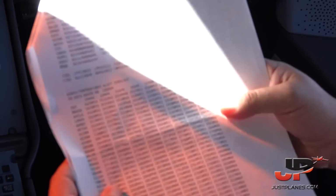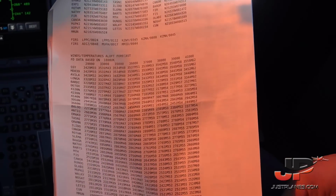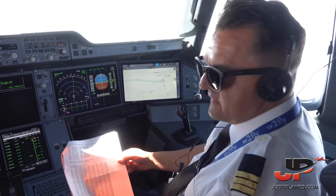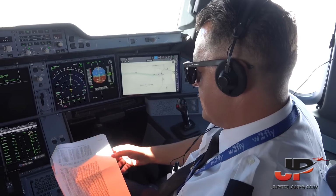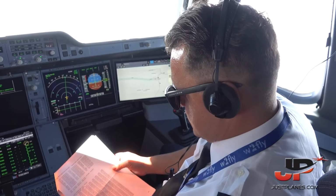We have some winds en route at different flight levels. Presently we are flying at 360, and later on we have 2 further step climbs, at flight level 380 and 400. As long as we burn fuel, the aircraft becomes lighter, and then the optimum cruise level is higher. So we have already entered this in our flight plan, and we will request it from ATC when we arrive